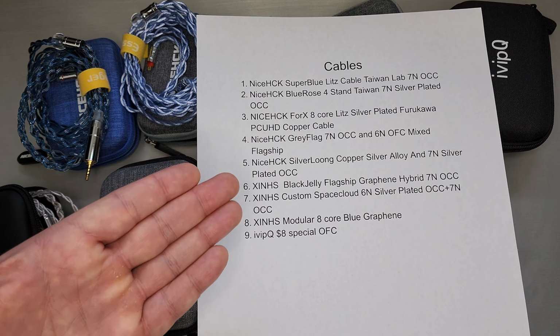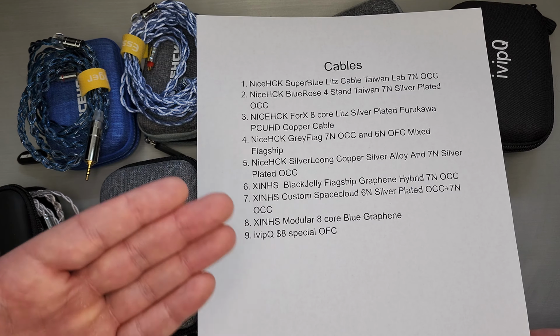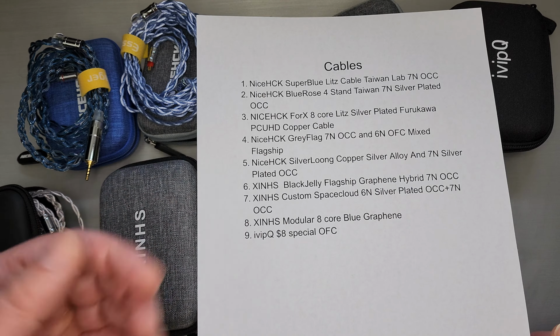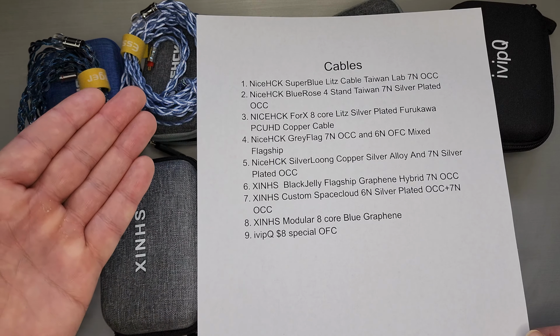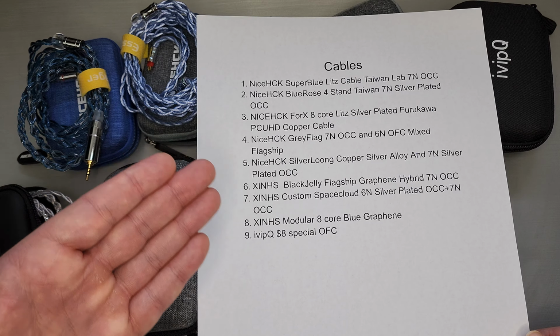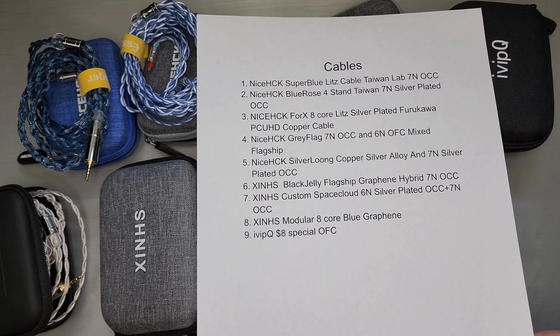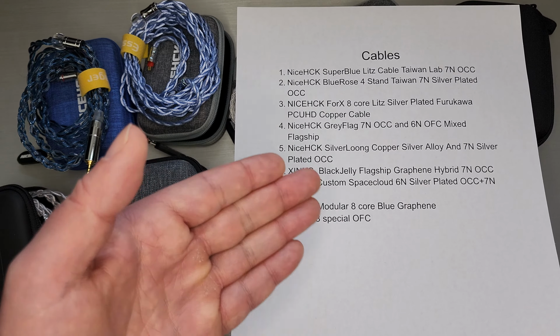So let's start with XINHS. They do custom cables. I've talked about them many times. When I have a custom cable need, I pretty much go to XINHS. When a new cable comes out from NiceHCK, I tend to ask them if they have the same cable and can they make a custom version of it for me. So that is what I'm going to call the XINHS